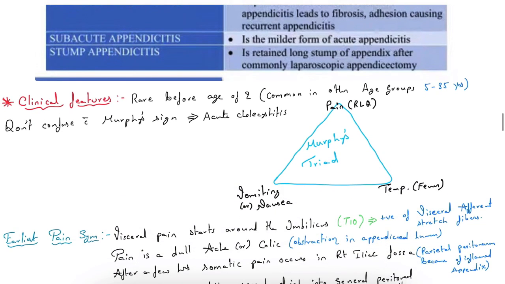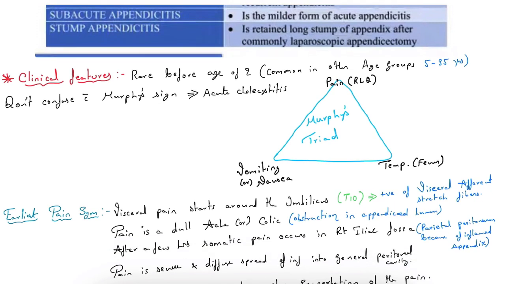Okay, so now the main thing, that is clinical features. With clinical features alone we can easily find out appendicitis and diagnose it. It is very rare at the age of 2 and common in other age groups like 5 to 35 years. And don't confuse it with Murphy's sign. Murphy's sign is seen in acute cholecystitis, and in appendicitis we see Murphy's triad. Murphy's triad means pain in the right lower quadrant, fever with increased temperature, pyrexia,